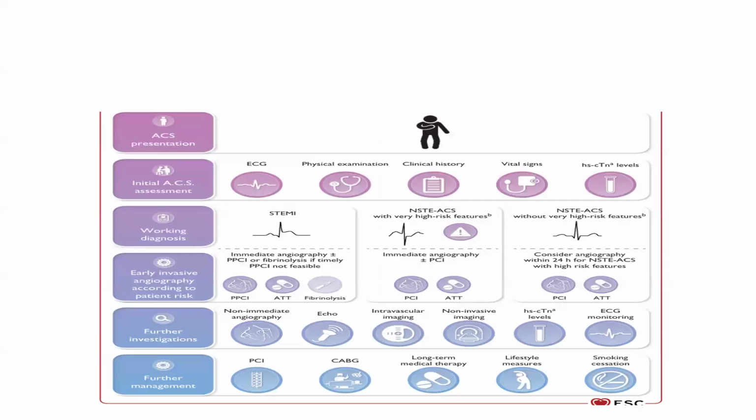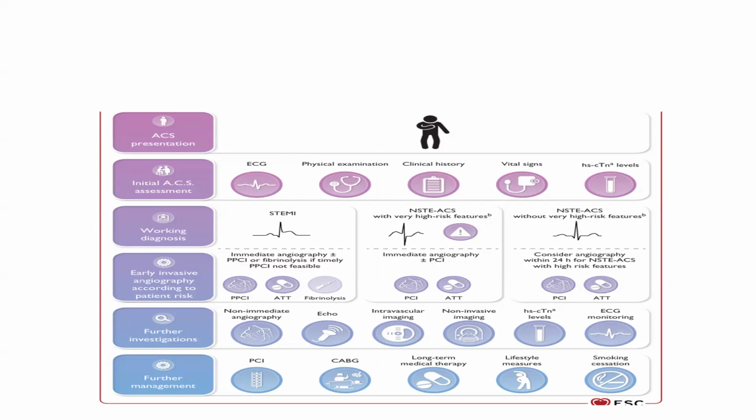So this is the schematic representation of the ACS presentation. First thing, we need to take the ECG, physical examination, clinical history, vital signs, and high-sensitivity troponin level. And then according to the presentation, if the patient presents with STEMI, then we need to go for immediate